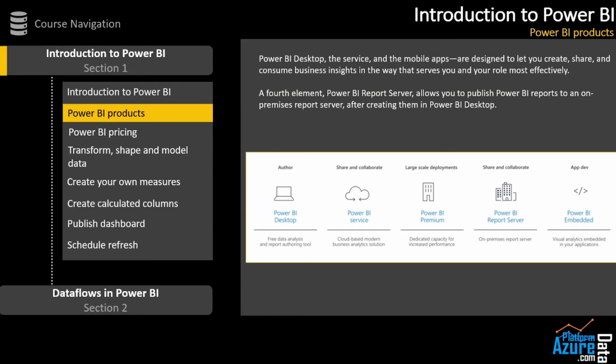Next one is Power BI service. Power BI service is an online service of Power BI. Using this, it's very easy to collaborate with your team members. It's very easy to share with your team members, colleagues, or any friend. So this is the best possible way if you are working on Power BI, but there are limitations to this. This is not free. Power BI Desktop is free, and you can publish this Power BI Desktop version to Power BI service, which is the online version. But if you want to share it with any friend, or if you want to leverage any collaborative approach, then you will have to purchase it. And there are different models that I will also talk about.